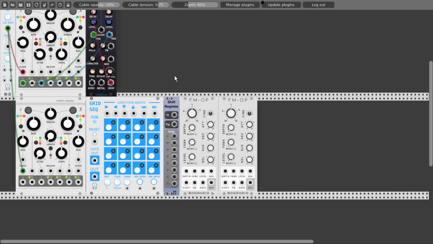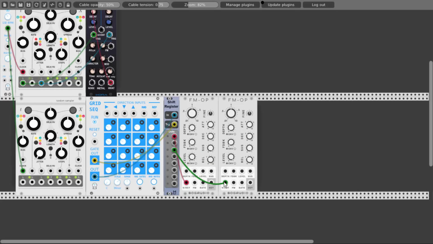Now I know that I can use the sample and hold section of Marbles to generate pitch information, but we are not quite there yet. So I will use the grid sequencer for now, and let's connect its CV output to the shift register and its gate output to the trigger input of the shift register, and send voltage to both oscillators. So I will take the first output to the first oscillator, and I will jump one output and take the third one to the second oscillator.